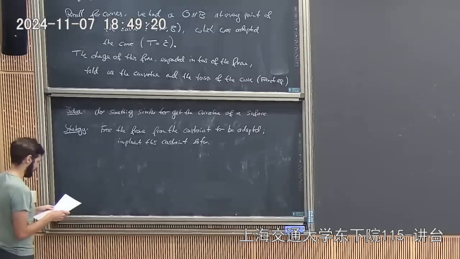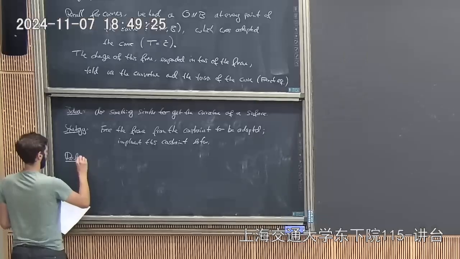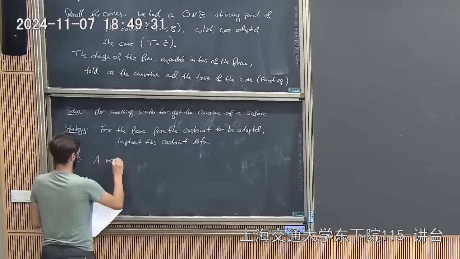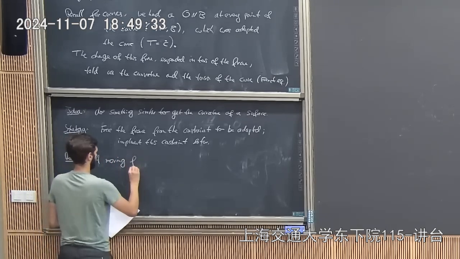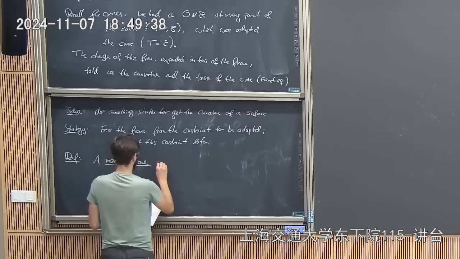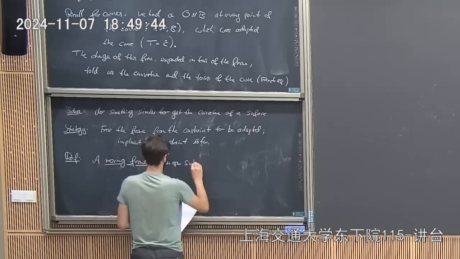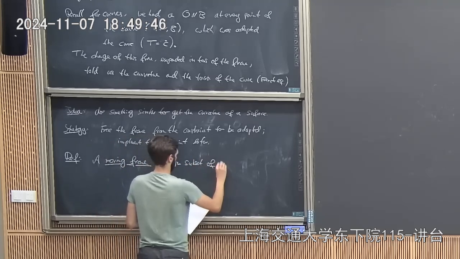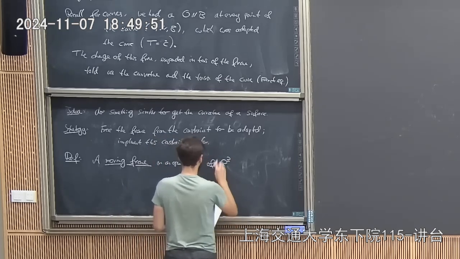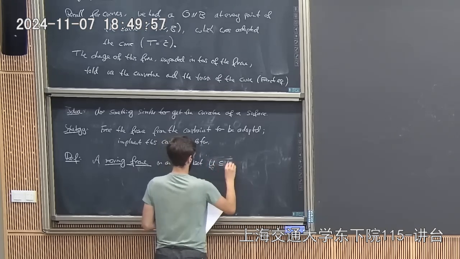So that's the main idea, and so we have to start with a general frame. It's usually called a moving frame. Say on an open subset of R3, we have some open subset